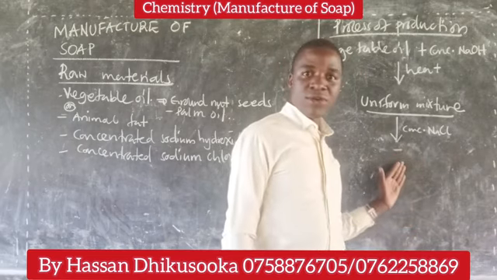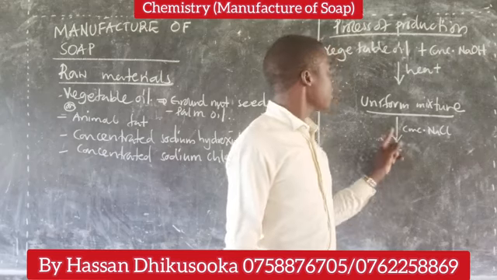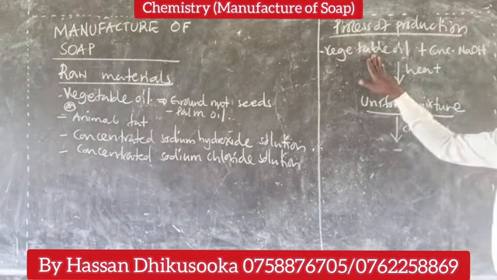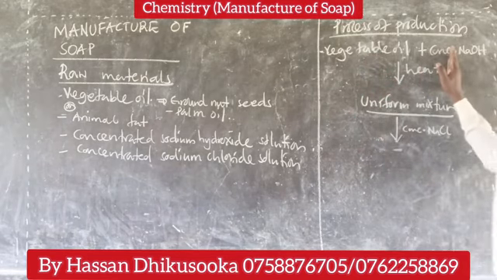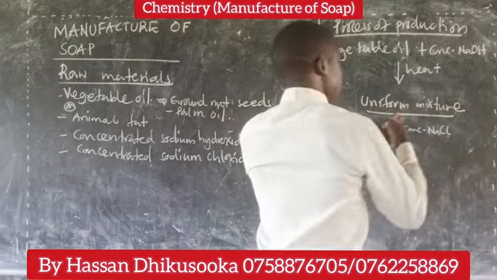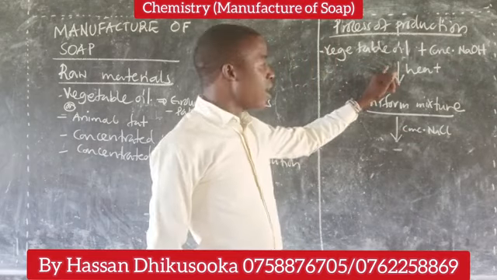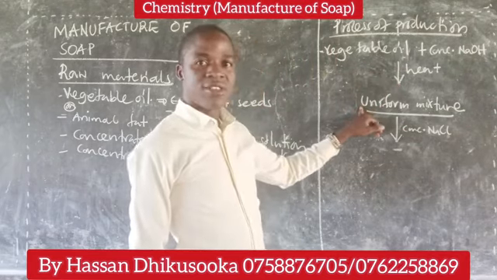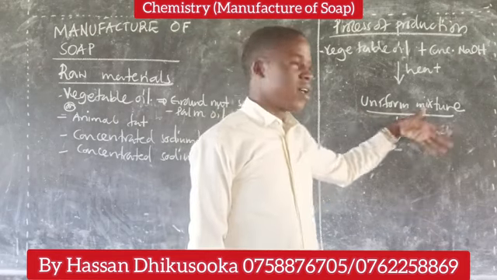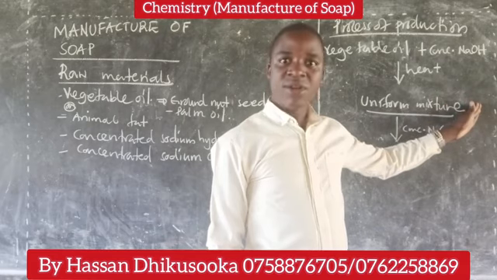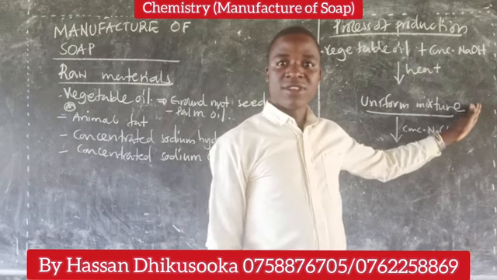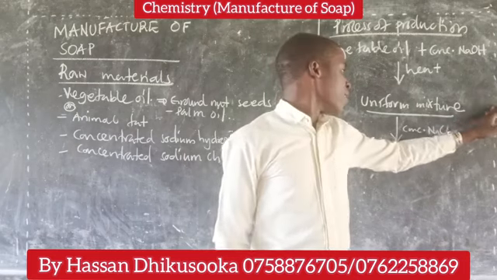Now we are explaining what we have written here. We are saying that the vegetable oil is mixed with the concentrated sodium hydroxide solution, and the mixture is heated until a uniform mixture is formed, which is a soap solution, of course, in a boiler. Now you have talked about where you are going to put your mixture, in a boiler. Then